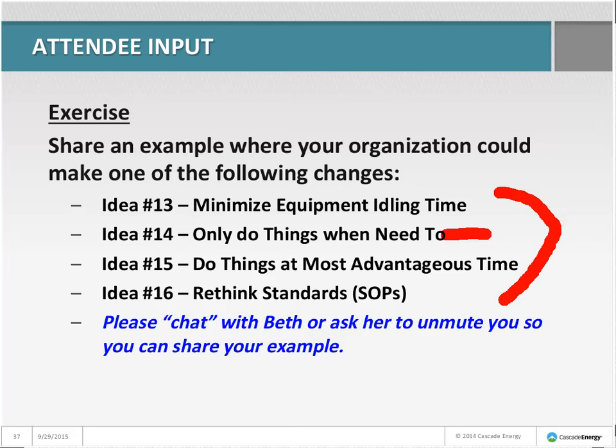Dave, while we're waiting for people to give us their ideas, I wondered if you thought about where in these ideas employee behavior would fit in. Among the ideas that we're showing here right now, you're talking about? Yeah, or previous ideas. So you mentioned things, rethink standards for management, but how people use the equipment, and what the people that aren't management, the operators, do affects your...